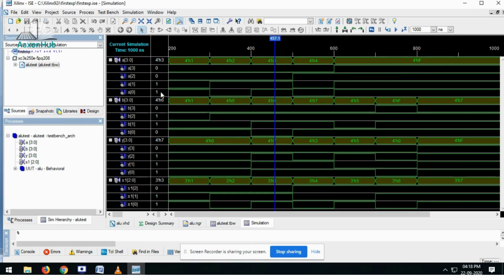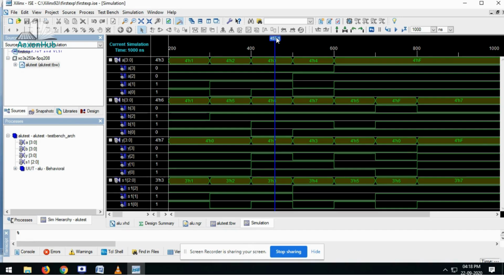Now for A0, which is 1, B0 is 0, so 1 OR with 0, the resultant output is 1. So successfully verified for the OR gate, and the output is the same as your OR logic.